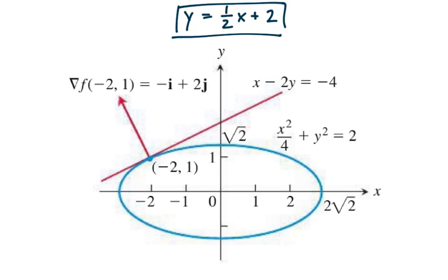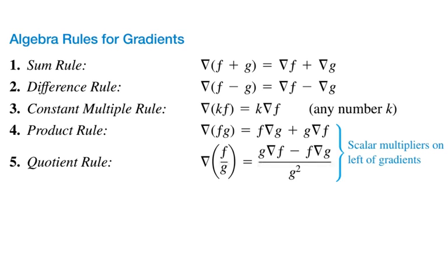Now, since we understand what a gradient is and how to find it, I do want to ensure that we know how to work with it. And so I just want to illustrate that we have many algebraic rules for gradients. Basically this is saying that we know these operations, the sum, if we have the gradient of some sum,